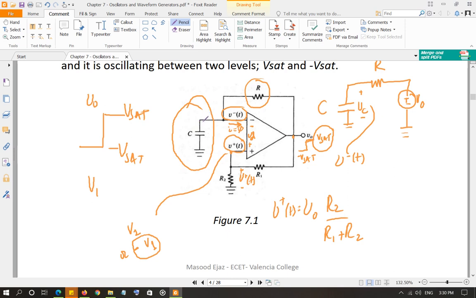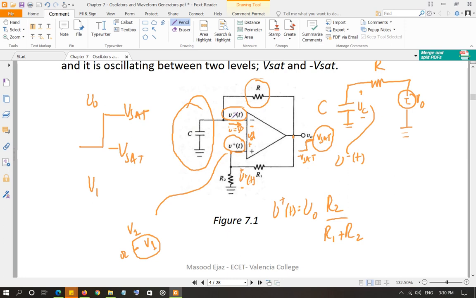So it starts discharging from V1. As soon as it becomes equal to negative V1 and then a little bit lower than negative V1, VD is going to become positive again,